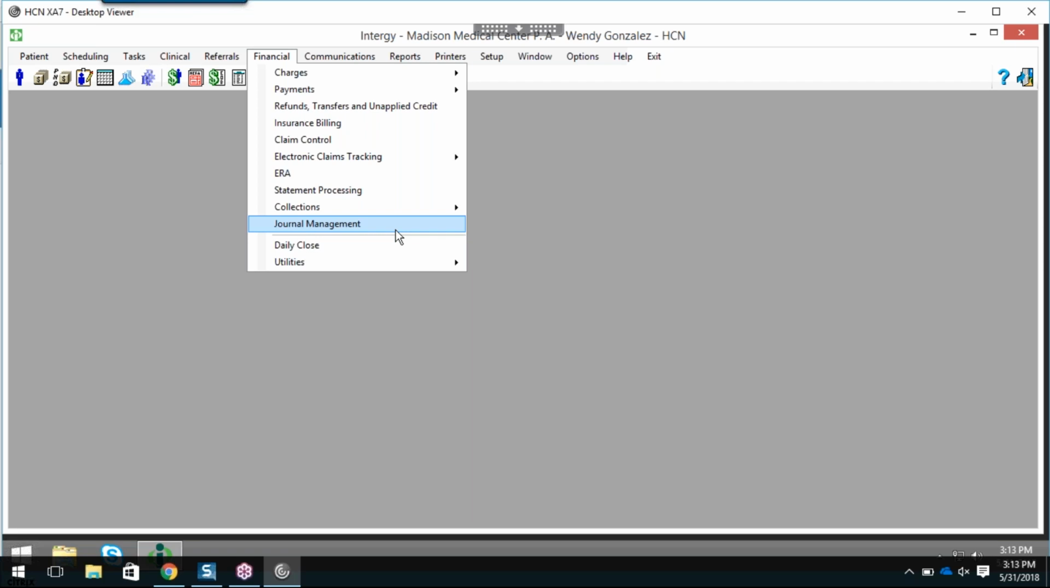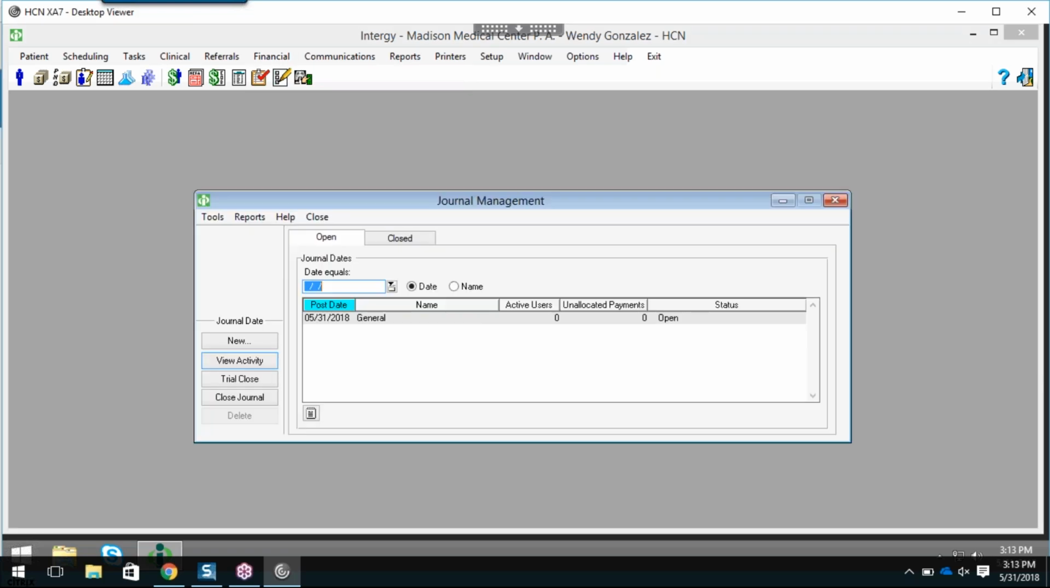Also, something else about the journal, it's one per day. So if I work in the pediatric department, I'm going to have my journal. My department of 5 people, let's say, will be utilizing the one journal for that day for that department. Okay? So under Financial Journal Management is where you will see the journals that either have already been created for